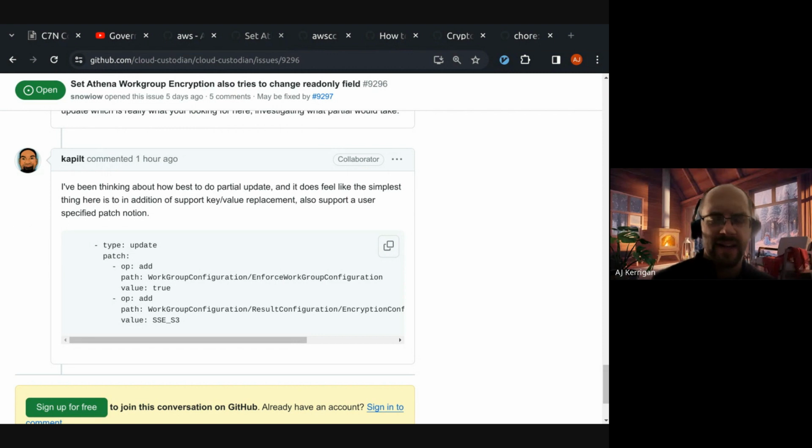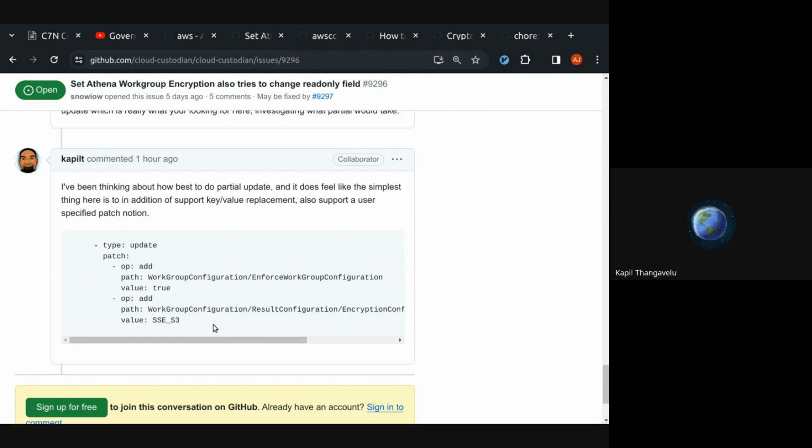Yeah, one question I had looking at this, I haven't responded yet, still getting my head around it. But the patch here, this syntax, it looks very JSON patch. Is it also similar to how the Kubernetes support does patching? It is very much JSON patch. I was actually just implementing that suggestion there. The underlying API on Cloud Control actually takes a JSON patch document. So if you write a patch, we're just directly going to pass it through to the API. So do less work, type of thing.